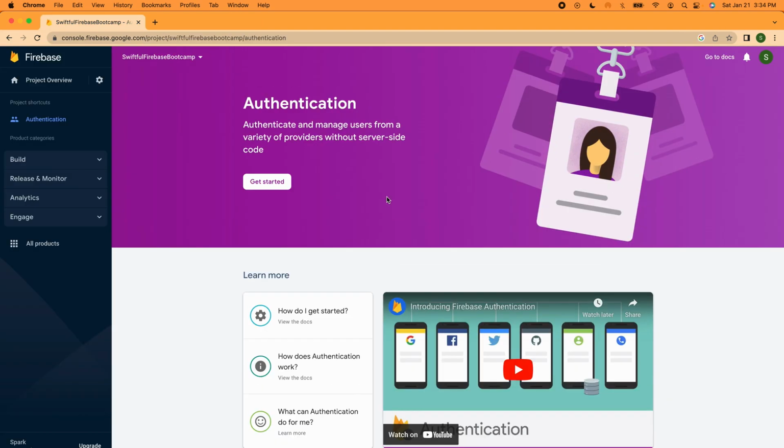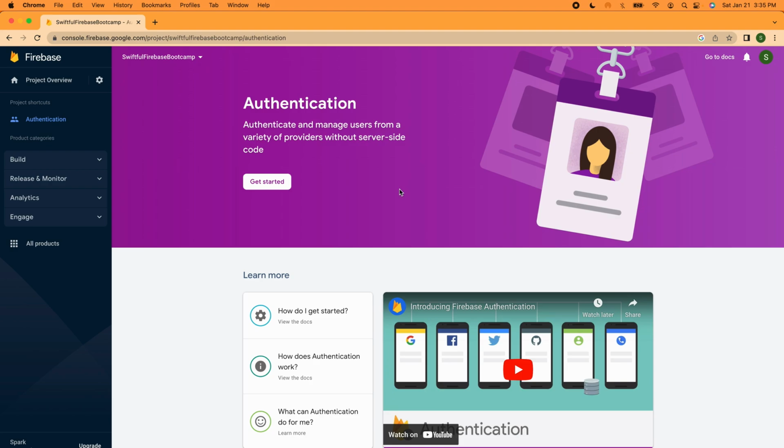So authentication is basically logging users into your application. So if you don't have authentication, like the previous apps on my channel, basically users are just opening your app and then using the app. But a lot of times you want to require the user to have some sort of user before they use your app, especially if it's any sort of networking app where you're going to be reaching out to your backend server, because you don't want unverified users or anyone with the URL of your server to access it, right? You only want people who are authenticated to access your servers, your data, the images on your servers, things like that. So it's a good idea to basically authenticate every user in your app for every project at all times,